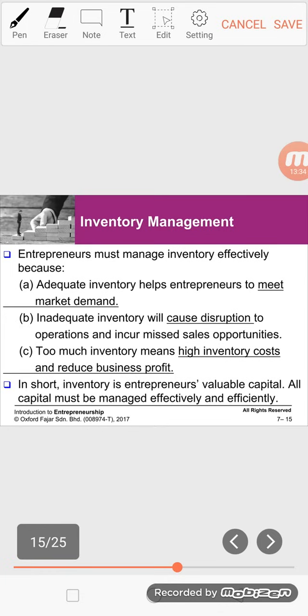Entrepreneurs must manage inventory effectively. Why? Because of these few reasons. Okay, adequate inventory helps entrepreneurs to meet market demand. Okay, so if we know, for example, sekarang ni macam Gardenia kan, sekarang ni orang duk complain roti Gardenia